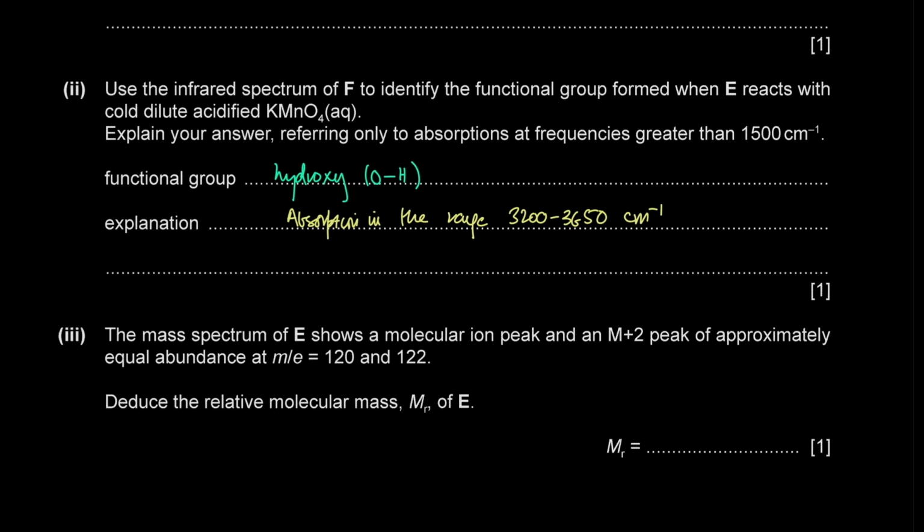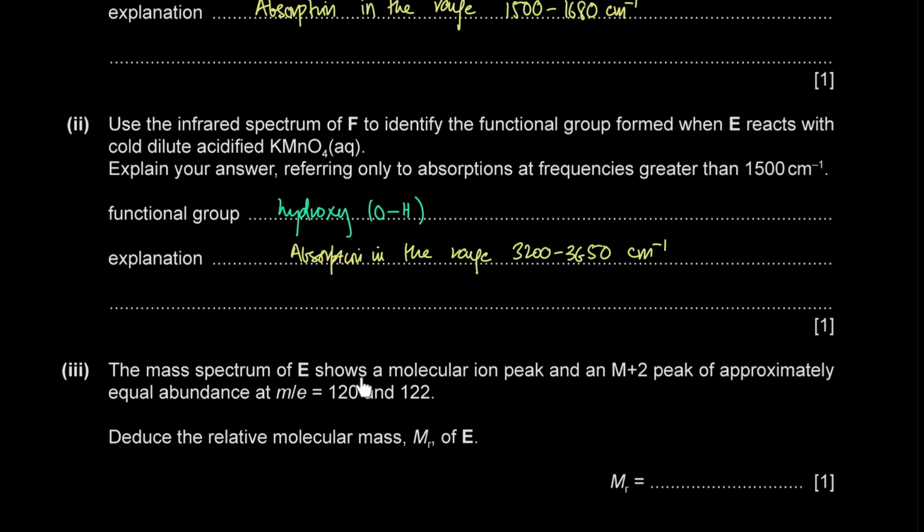The mass spectrum of E shows a molecular ion peak and an M+2 peak of approximately equal abundance at a mass to charge ratio of 120 and 122. Deduce the relative molecular mass of E. Now, whenever we see an M peak, that's the molecular ion peak, referred to as the M or the M+ peak. When we see an M peak and an M+2 peak